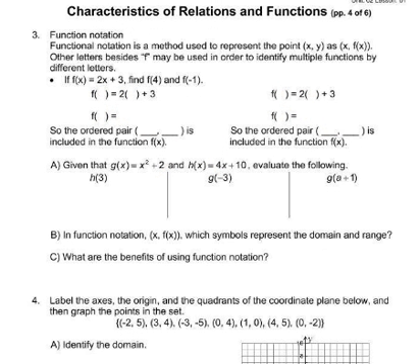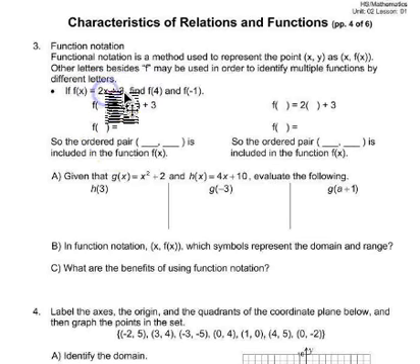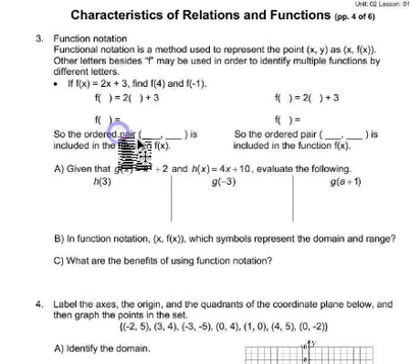Okay. All right, guys, just to review. What I want you to do is pause the video and go back and find, well, I guess I can fill this one in for you real quick. If f of x equals 2x plus 3, find f of 4 and f of negative 1. So if I do f of 4 real quick, 2 times 4 is 8, plus 3 would give us 11,